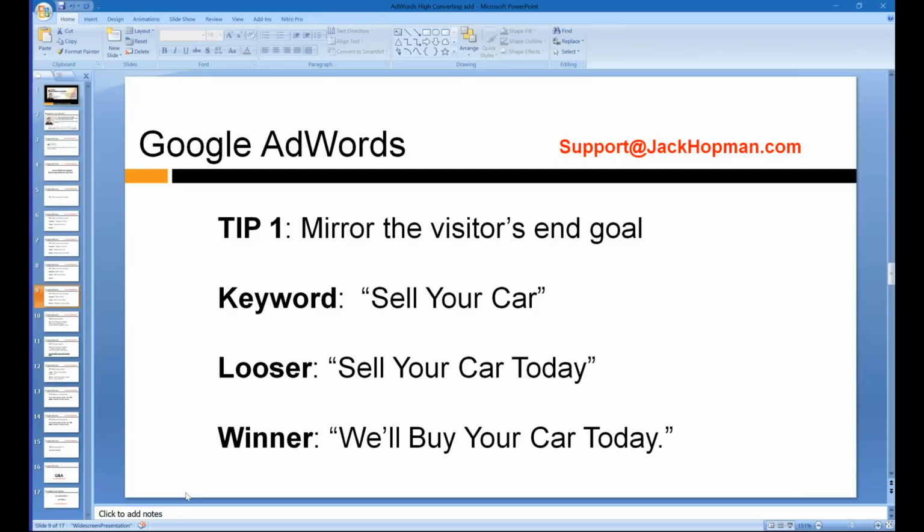You're not looking to sell your car, you're looking for somebody to buy your car. You have to develop a certain empathy to see what the prospect wants. The keyword is the prospect. Are you guys following me with this? It's a little bit two steps ahead. The keyword is the prospect.